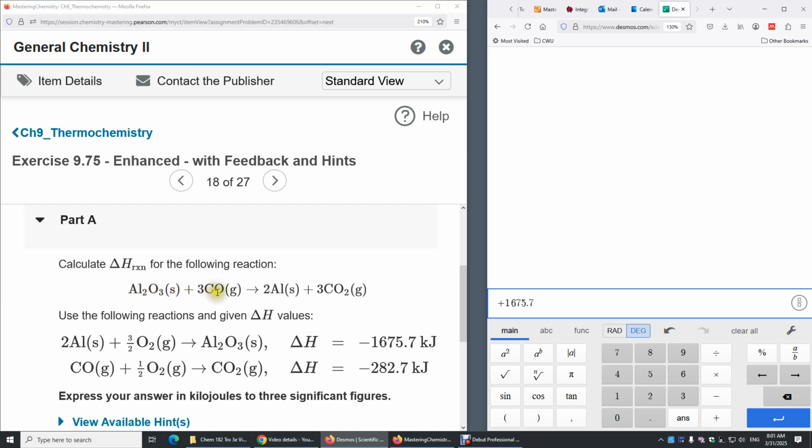And now let's look at CO. I think CO appears only in here. Alright, and we need to have 3 CO on the left hand side. So that means we need to multiply this by 3. Alright, so negative 282.7 multiplied by 3 to ensure that 3 COs are on the left hand side. And we get this number